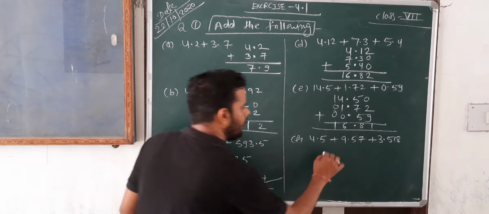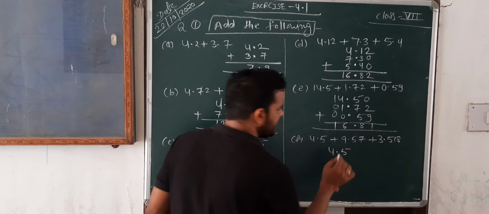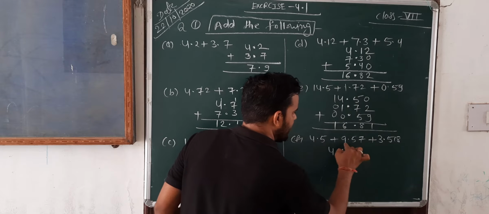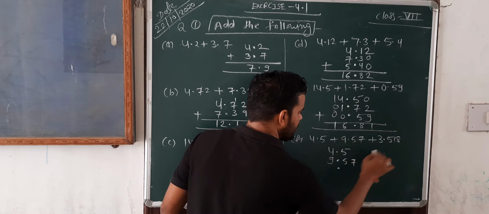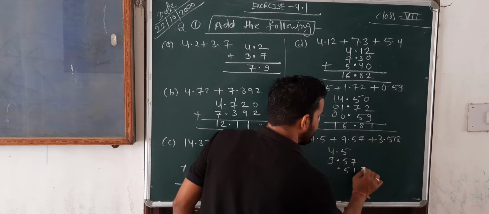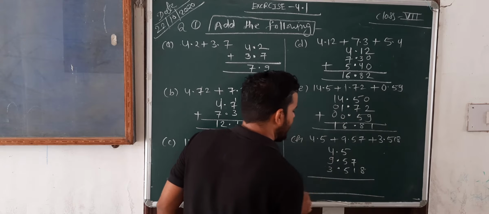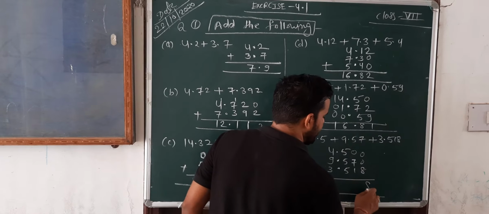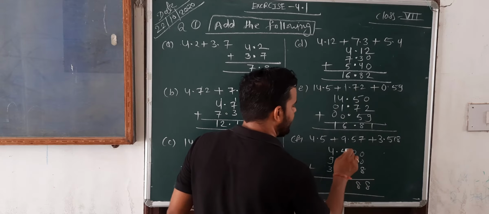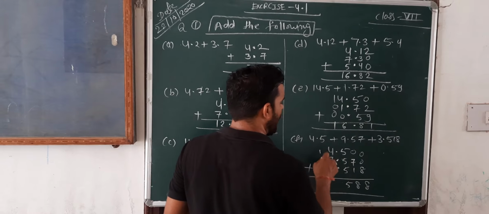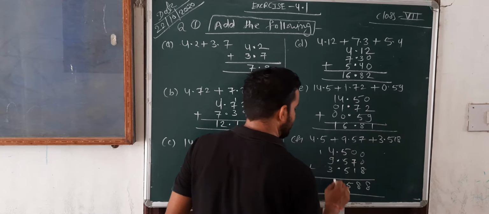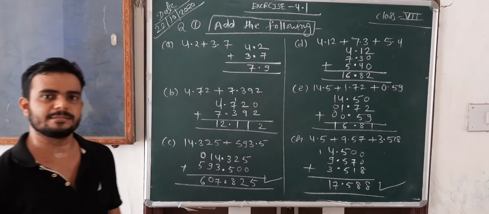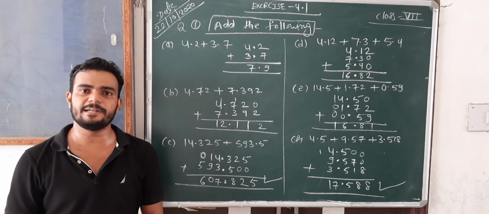The next one, 4.5, after the decimal you have to put the decimal. 5, 7, 5, 7, 9, then 9. Here also 5, 1 and 8, then 3. Okay, now we have to add. Blank plus, you just put the 0. 0 plus 8 plus 8 then 8. 7 and 1 is 8. 5, 5, 5 is 15, carry 1. 9 and 1 is 10, 10 and 14 and 17. 17.588 is your answer. Okay, so take the screenshot and write in the notebook as it is.